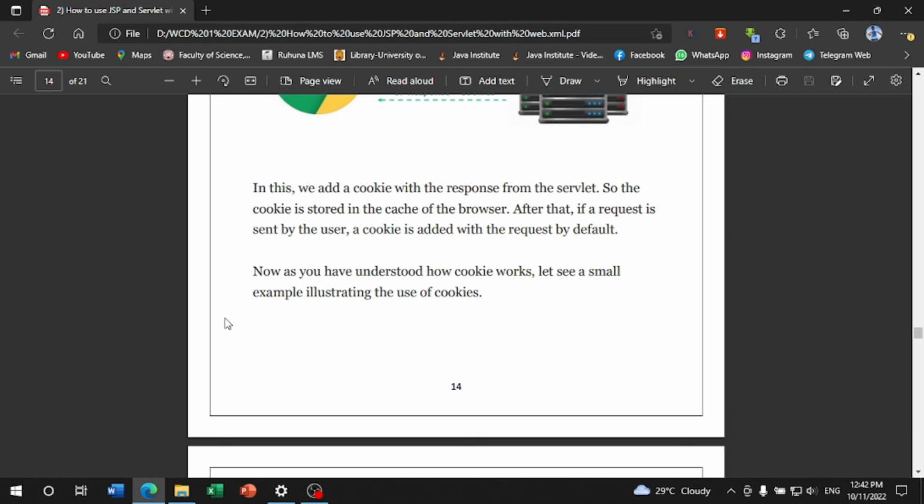In this, we added a cookie with the response of the servlet, so the cookie is stored, cached in the browser. After that, if a request is sent by the user, the cookie is added with the request by default. Now as you have understood how cookies work, let's see a small example